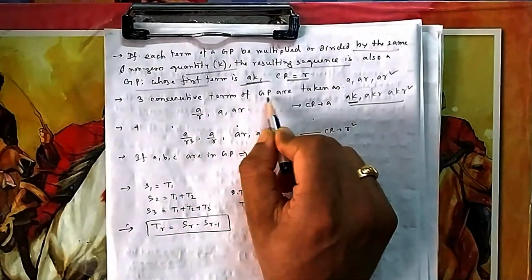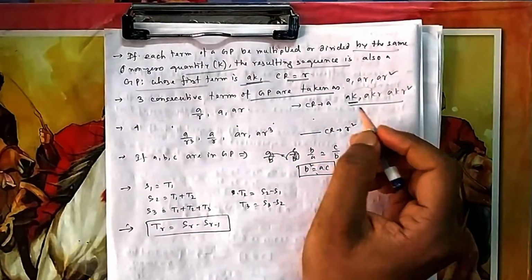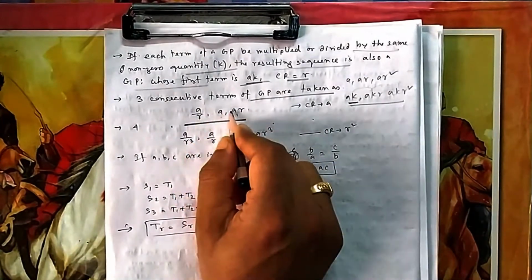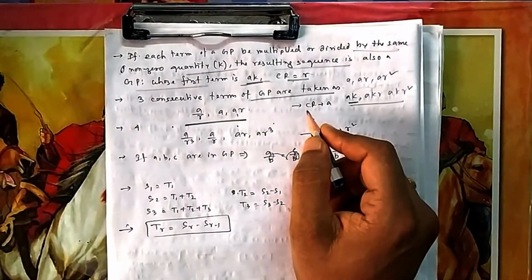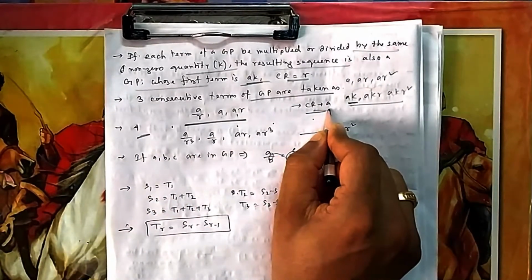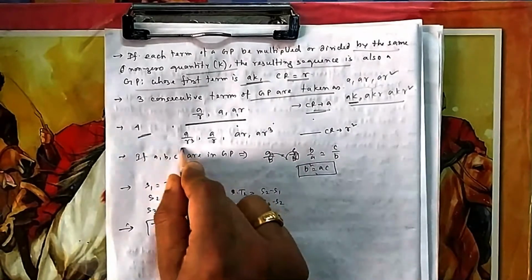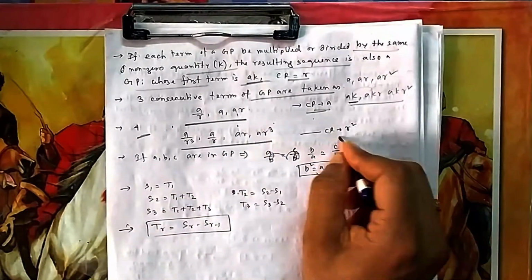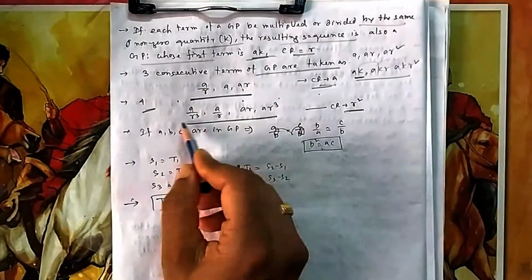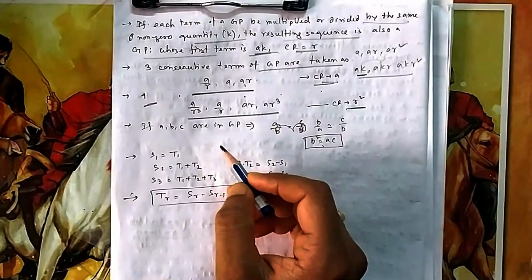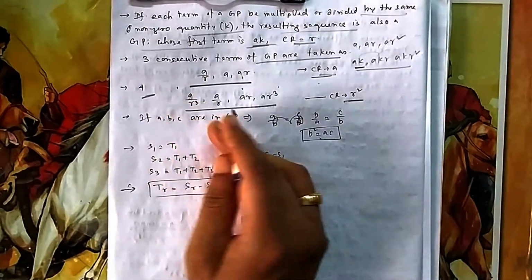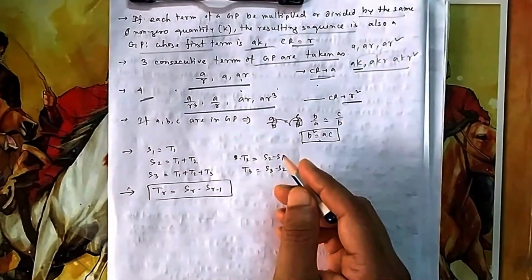So now suppose you want to take 3 consecutive terms in GP, generally we take them in this format, A by R, A, AR. What is the benefit? If you multiply all this, then R gets cancelled. That is the benefit. If you want to take 4 terms, but here you have to check, the common ratio is 1 here, it is 4 terms, then we write in this format. But here the common ratio changes, it becomes R square. If you see, you are multiplying by R square. The idea is when you multiply it, R should get cancelled. So life becomes easy for us. You can continue it for 5 terms, 6 terms, but I have not written it. Same fashion that we have done for AP.